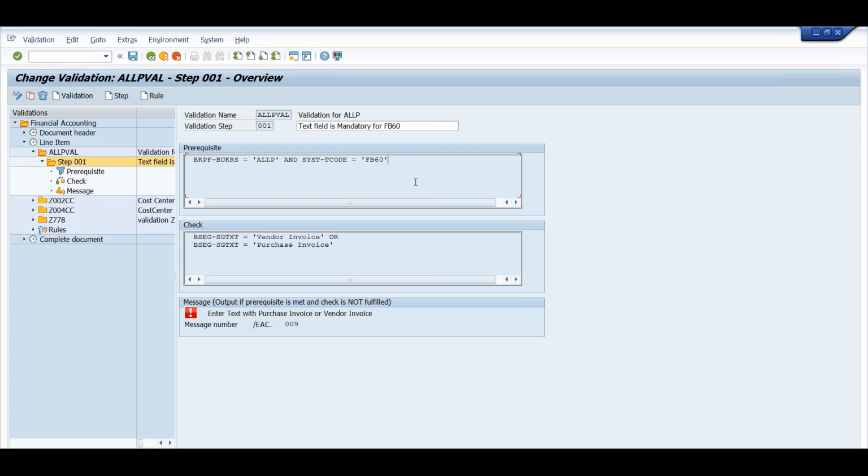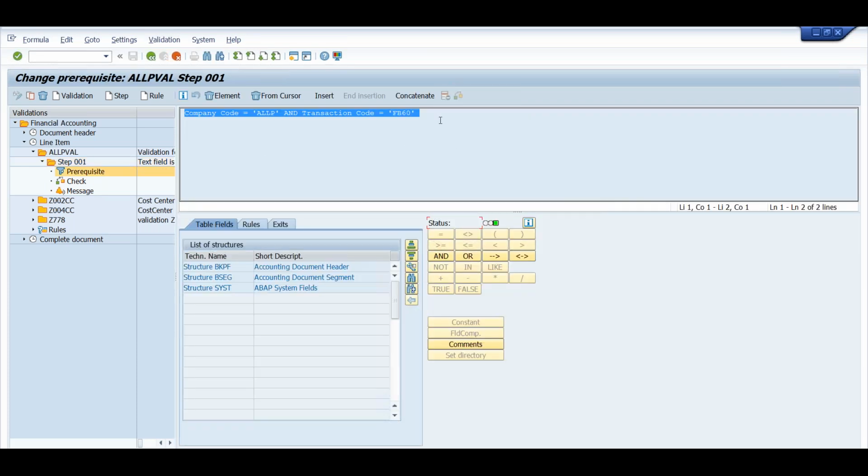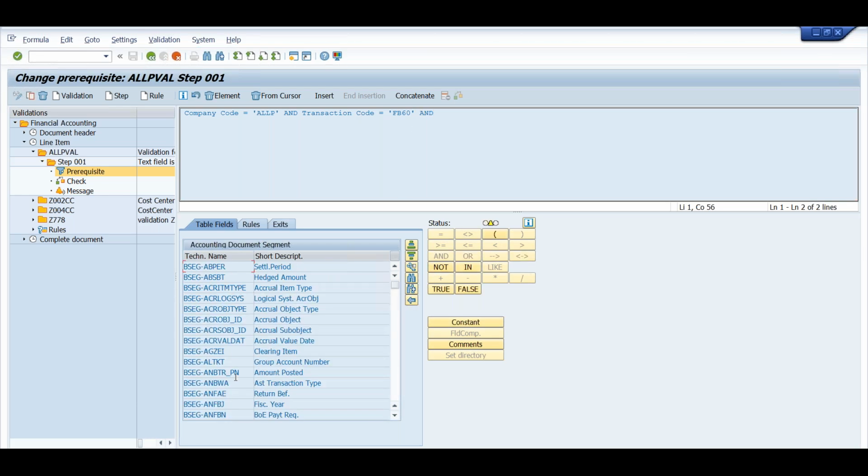For example, for 10 vendors, only then you specify that this text is vendor invoice or purchase invoice, only for those 10 particular vendors or GL accounts. So instead of entering GL account equal to so and so, here in the prerequisite, in case you want to write a GL,